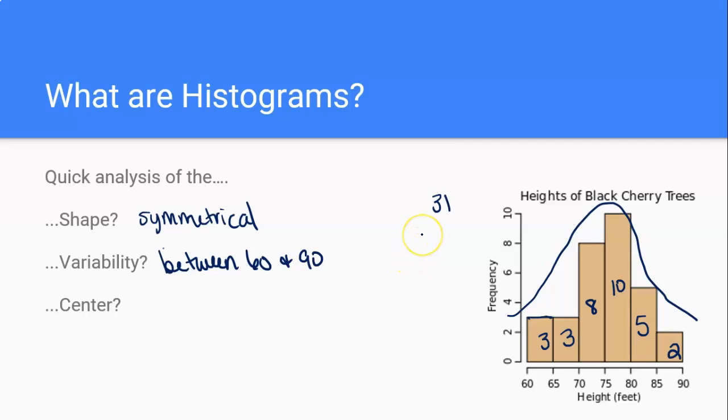Half of 31, if I do 31 divided by 2, that gives me 15.5, which means the 16th piece of data is the center. So I just add these up. 3 plus 3 is 6. 6 plus 8 is 14. The 16th piece of data is going to fall in this group. So the center is between